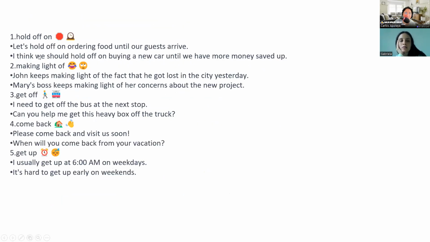Yes. Look at this. I think we should hold off on buying a new car until we have more money saved up. Can you translate this expression into Spanish? Yo creo que debemos esperar en comprar un nuevo carro hasta que tengamos suficiente dinero ahorrado. Yes. Remember that you can say hold off on,